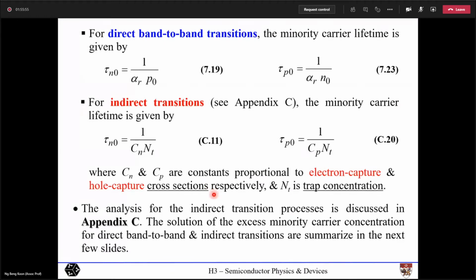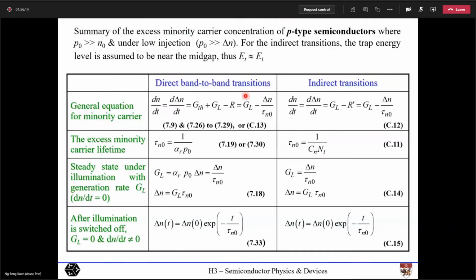So in fact, that's all you need to change, and the analysis or the final expression is essentially still the same. All you need to do is change the carrier lifetime terms to the appropriate representation. Everything else remains the same, as you can see in the subsequent tables. This table lists the solutions for the different scenarios that we talked about. So you see that for direct band-to-band transition, in the case of p-type semiconductor, you have the respective solution there. For steady state, for light switch off,